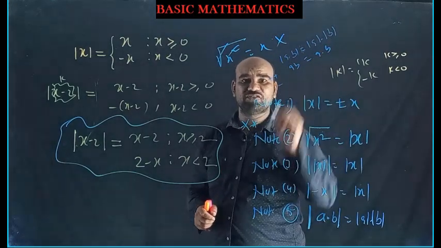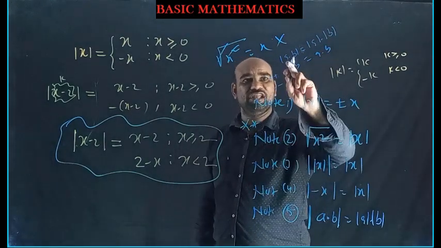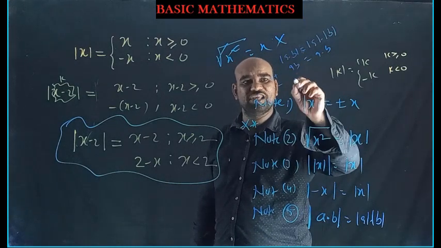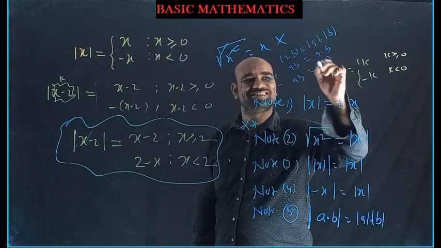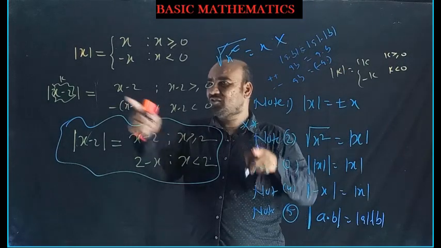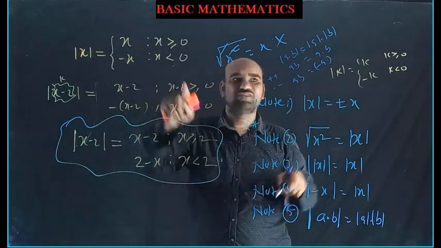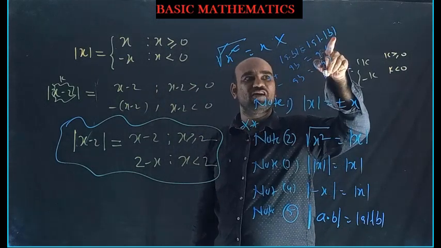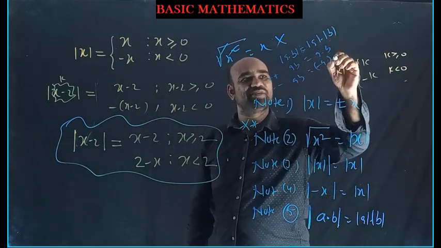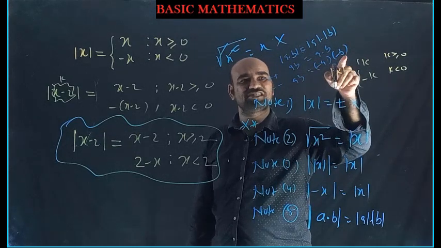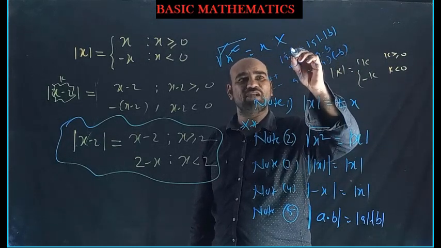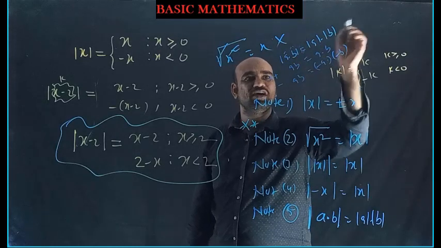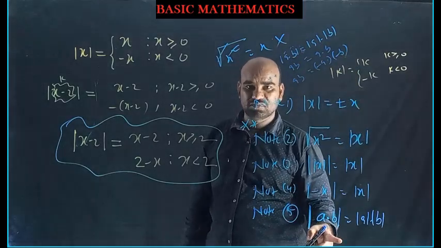For example, both are negative. A negative, B negative. Product positive, we will get AB. Mod of minus A is minus A. Again, definition: mod of x equal to minus x if x is less than 0. A, B negative, mod of B becomes minus B. Minus A into minus B is plus AB, correct. Means if A and B both are positive or both are negative, this result is true.